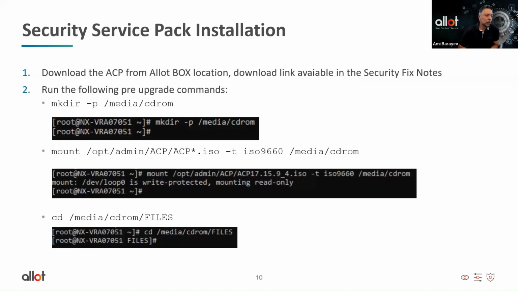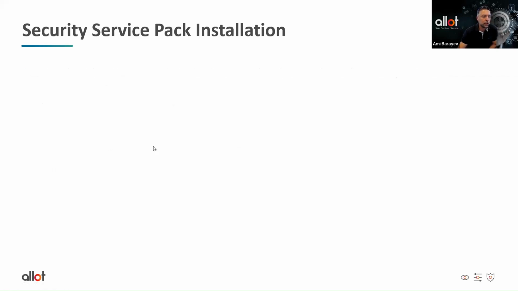Okay, so I want to touch very quickly on how you implement the Security Service Pack. For the techies in this webinar, if you're already familiar with the Allot system, it's very easy. You just need to log in to the component using the CLI command. There are some pre-upgrade commands that you need to run, but the experience is no different from any ACP upgrade. You just need to download in advance the ISO file containing the latest ACP, run these prerequisite commands,